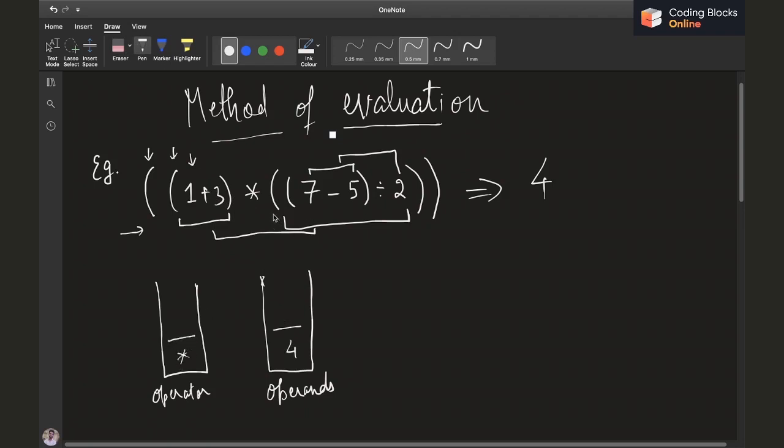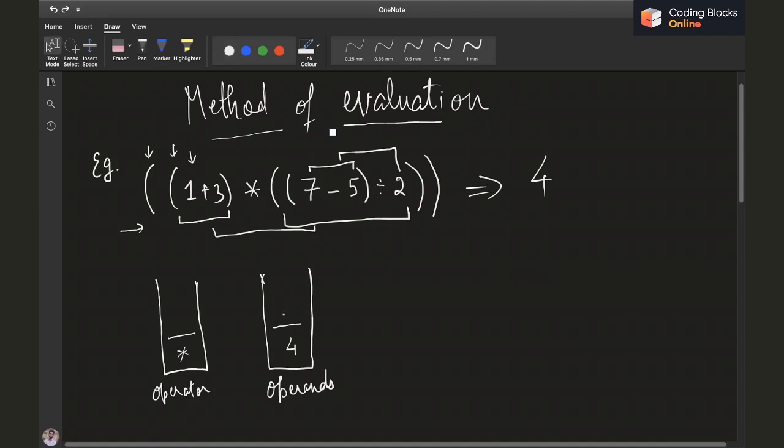Then opening, do nothing, opening, do nothing, 7, push it, minus, push it, 5, push it, then closing bracket, then do the same: pop 5 and minus and 7, and I'll perform 7 minus 5, which is 2, and I'll push 2 to the operand stack, right?